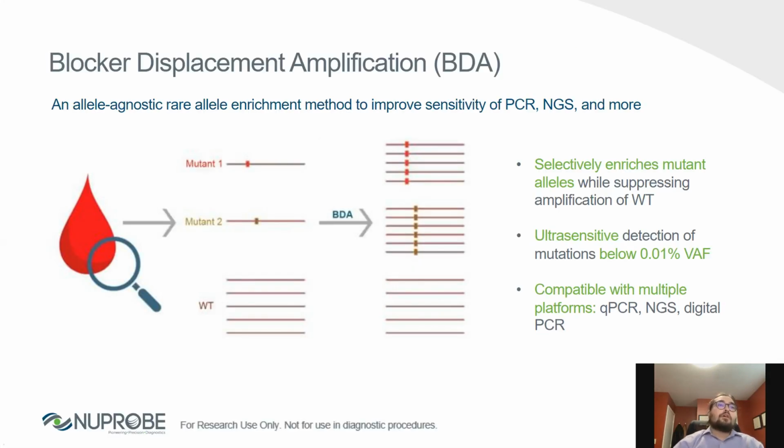Okay, so this technology, blocker displacement amplification, is a rare allele enrichment method, which enables us to selectively enrich mutant alleles while suppressing amplification of wild-type alleles during PCR. This enables us to sensitively detect mutations at single loci below 0.01% VAF. And this method is flexible and can be incorporated into a wide range of modalities, including qPCR and NGS from